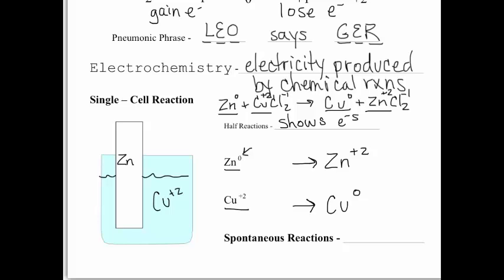Now we're going to fill in our electrons in this reaction. So in order to do that, you need to understand that the charges have to be the same on both sides of the reaction. So we're going to be adding in electrons which are negative. So looking at our first half reaction, we have zinc 0 on one side and zinc +2 on the other. So right now the charge is higher on the product side than it is on the reactant side. Since electrons are negative and can only bring the charge down, we're going to put those electrons on the side of the reaction with a higher charge so it can bring that charge down to what it is on the